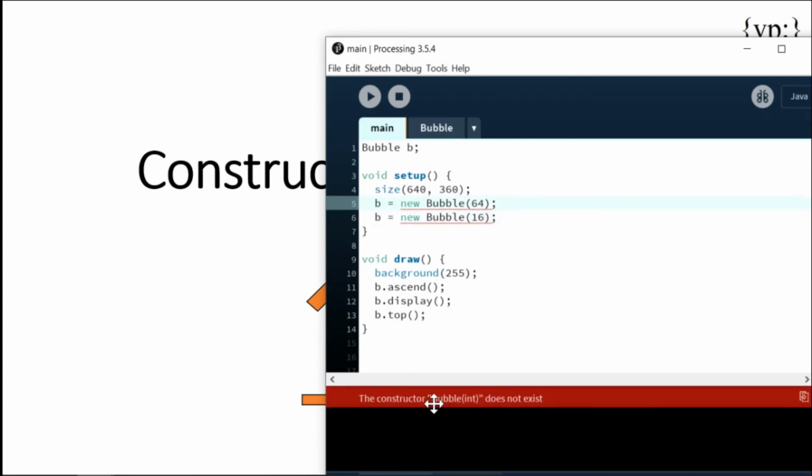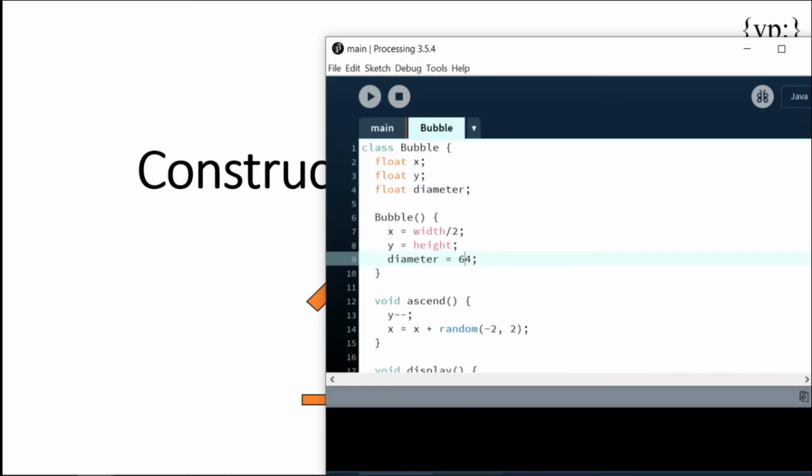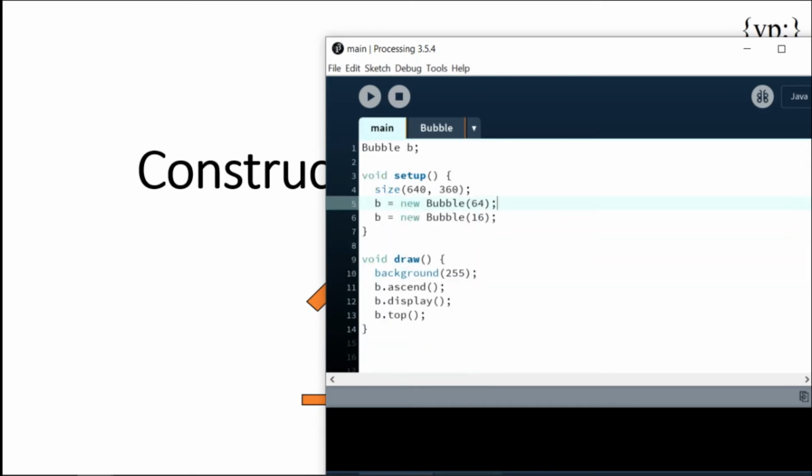So we want to create the constructor such that it has this in it. Inside the parentheses we're just going to put float temp d. This is our temporary diameter. We're just going to set it to this diameter, and now every time you create a bubble, it's going to create a different sized bubble. So if we try running this,